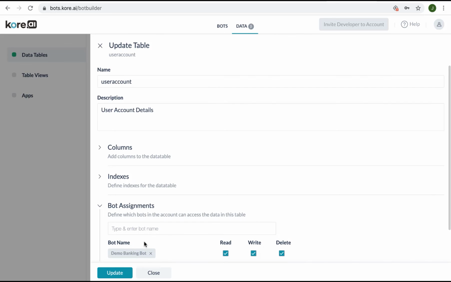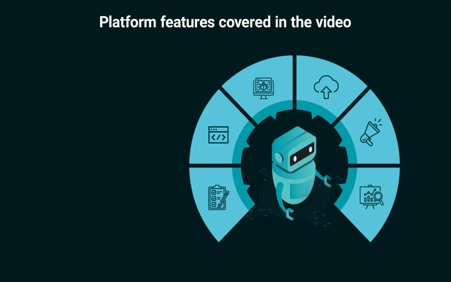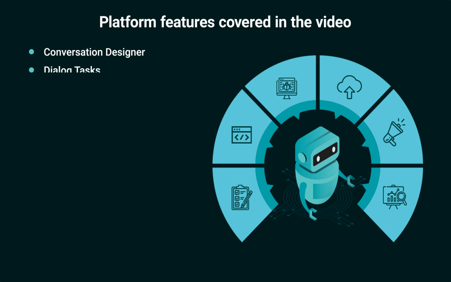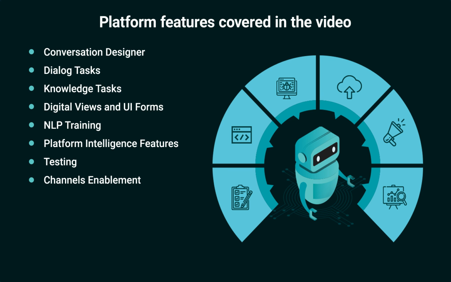This was a quick overview of the Kore.ai platform. In this video, we looked at the following platform features: Conversation Designer, Dialogue Tasks, Knowledge Tasks, Digital Views, and the UI Form. NLP training, in which we cover machine learning, fundamental meaning, and knowledge graph. Platform intelligence features, which cover dialogue management, context management, and sentiment management. Utterance and batch testing. Channel enablement. How to publish the virtual assistant, dashboards to analyze the performance of the virtual assistants and usage metrics, API extensions,